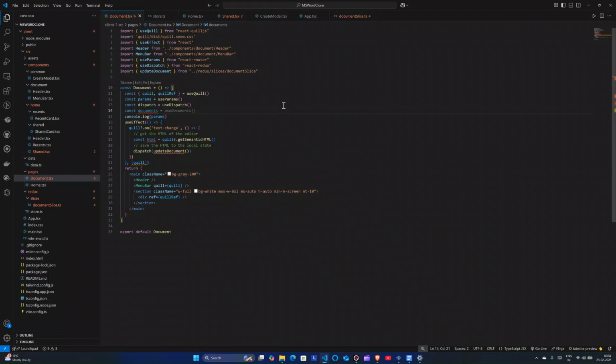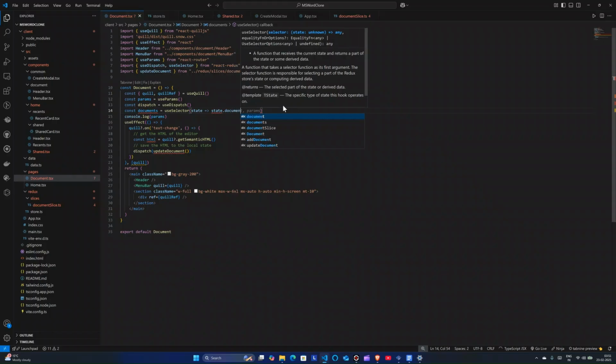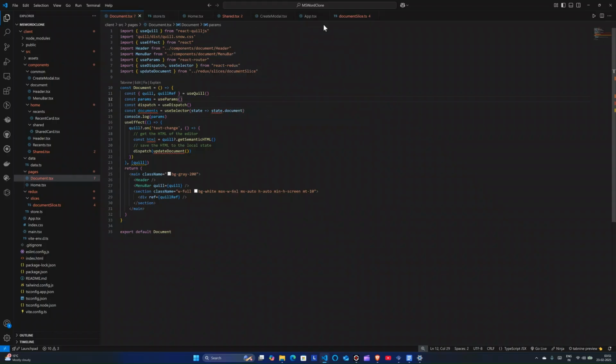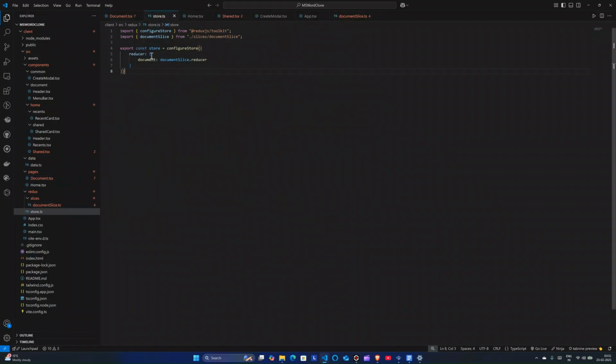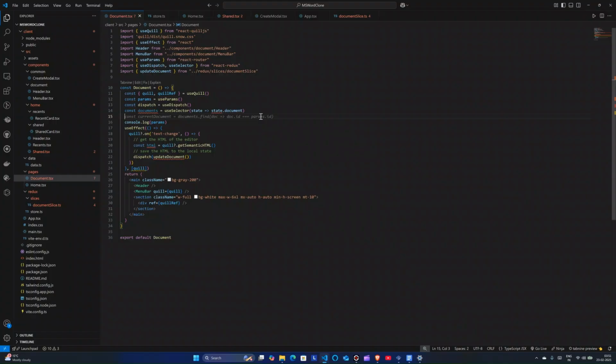So document we will use selector state.document. It is state.document. And current document is this. So update document,